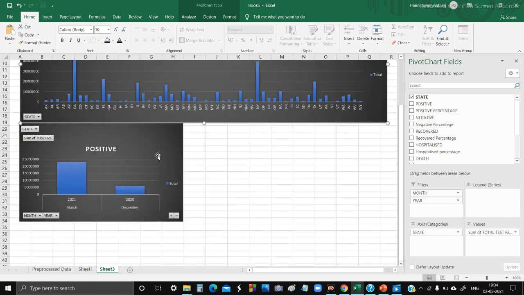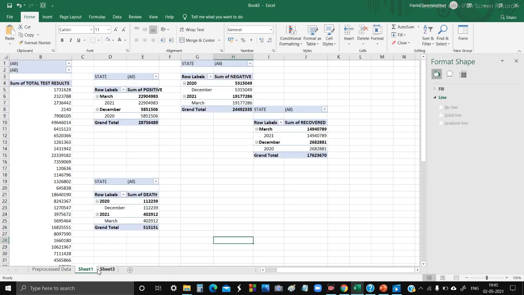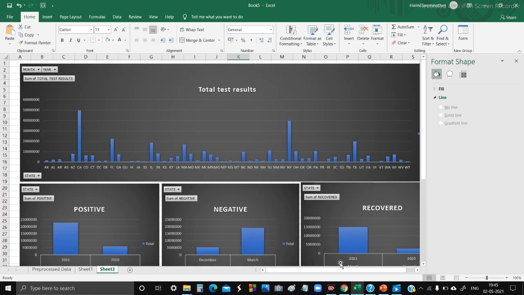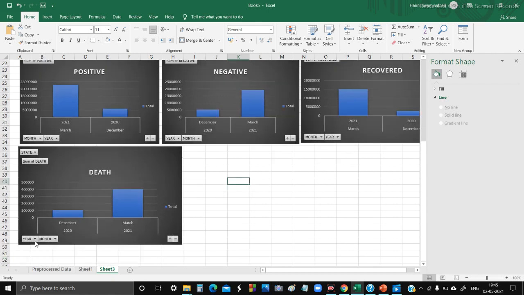Make it look more attractive. Do the same process for negative, recovered, hospitalized, and death attributes. Now we are done with creating pivot tables and charts for positive, negative, recovered, and death attributes. As we can see here, we have the pivot charts for positive, negative, recovered and death like this.